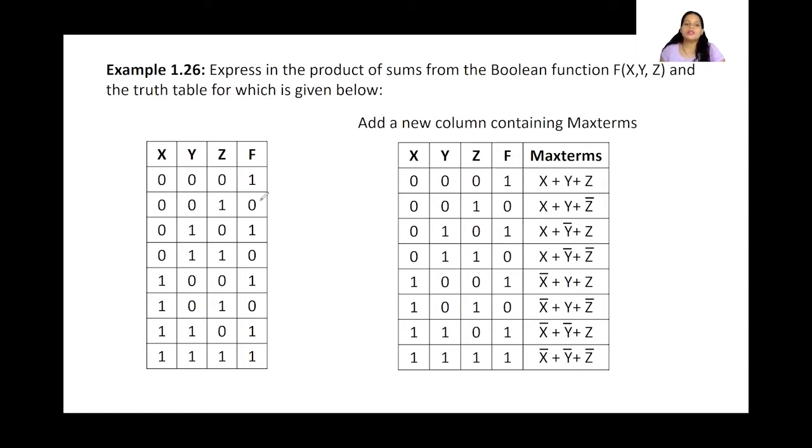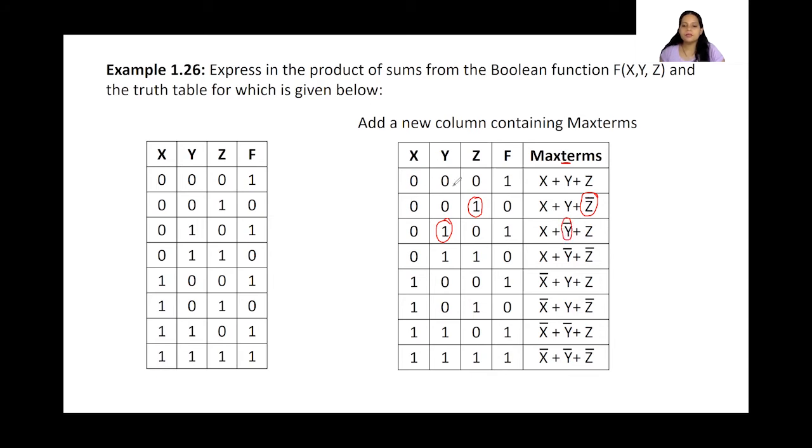Okay. So now we already have a truth table in the question. So we know that for these inputs, the output is going to be this. Now let us add another column, which is the max term. Okay. Now how are we going to find out? Wherever there is 1, we are going to write the complement of it. Okay. So see here x is 0, y is 0, z is 0. So we are writing it x, y, z because the values are 0. But here if you see z is 1, that is why we are complementing the z. Right. Wherever y is 1, we are complementing the y. I hope this is clear.